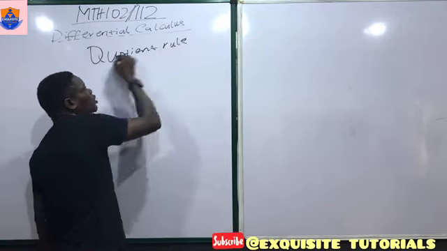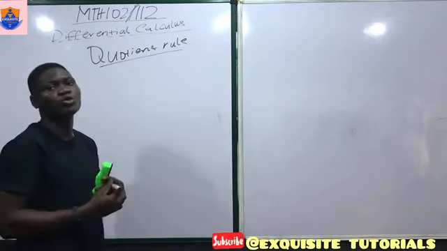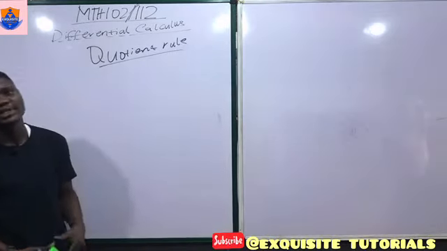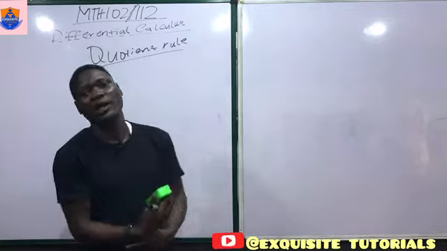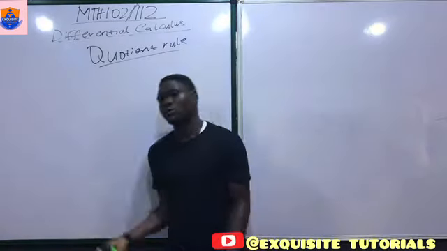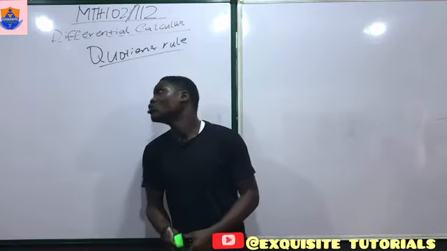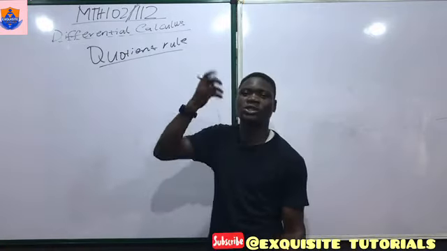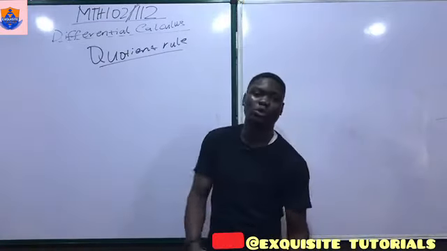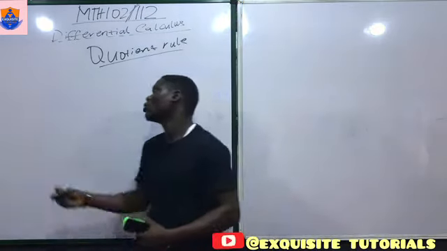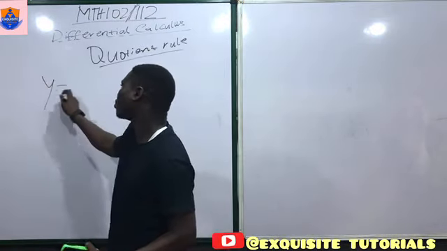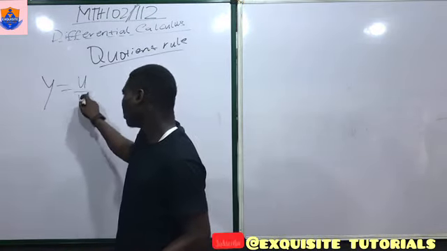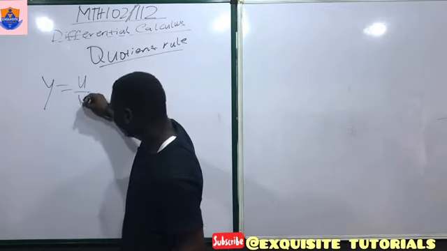So we are going to look at quotient rule. In our last video we talked about the product rule, when we said two functions have to multiply for you to use your product rule. So for quotient, once you hear quotient, just what registers on your mind is division must come into place. So whenever you have y equals u over v, where u is a function of x